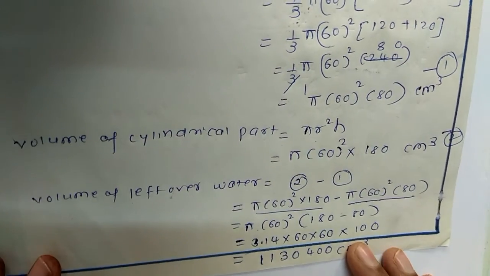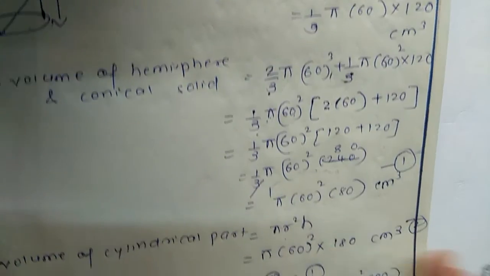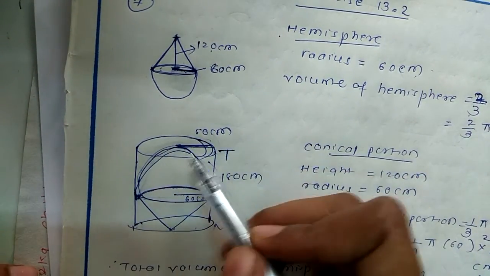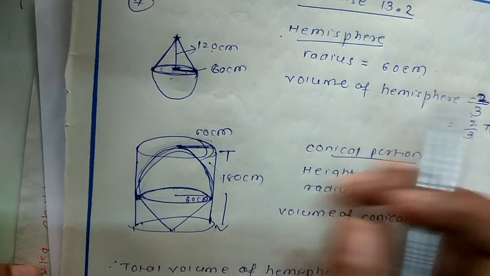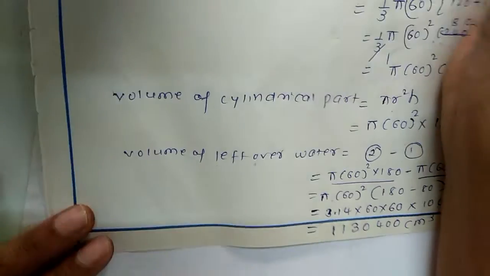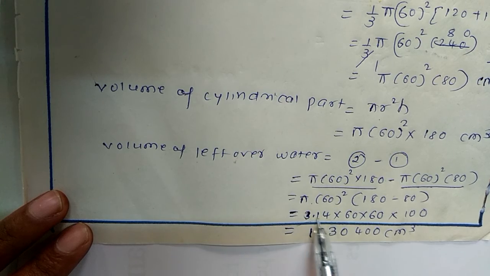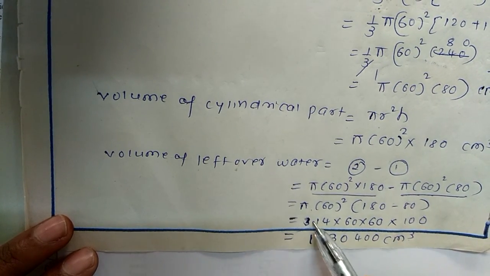So here I would like to suggest that if this is not the final answer, then you can keep pi as it is, because if you compare the formulas of cylinder, cone and hemisphere, in all the formulas you are getting the pi common. So you can keep the pi here as it is, and for the final calculation you can put its value as 3.14, or you can take 22/7. If you find out, again we'll get 3.14.